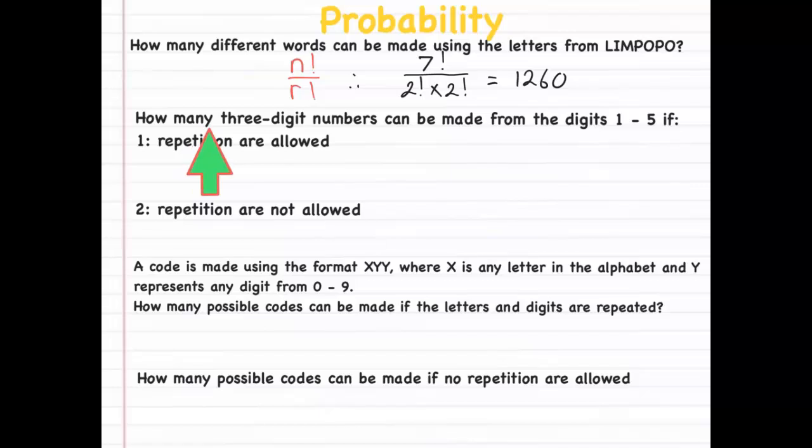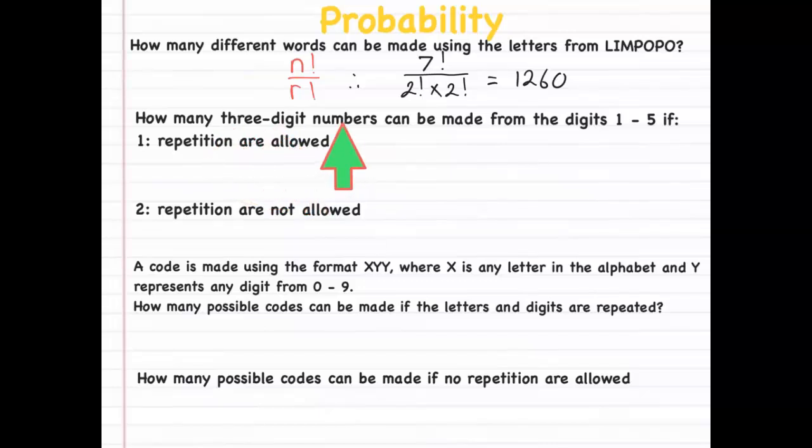Now, how many 3-digit numbers can be made? Okay, 3-digit numbers can be made from the digits 1 to 5. So that means 1, 2, 3, 4, 5. It's 5 different items to make 3-digit numbers. And repetition is allowed. So when repetition is allowed, we will simply say that